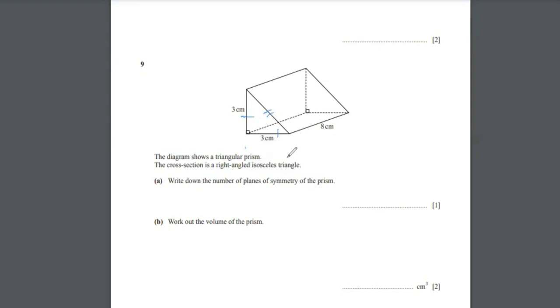So planes of symmetry for 3D shapes, planes of symmetry are those planes at which if we have a knife and we cut the shape, we'll have two identical shapes. So what will that plane be? The question is, what will that plane be? Since it is an isosceles triangle, first plane, if we draw a perpendicular from this side,